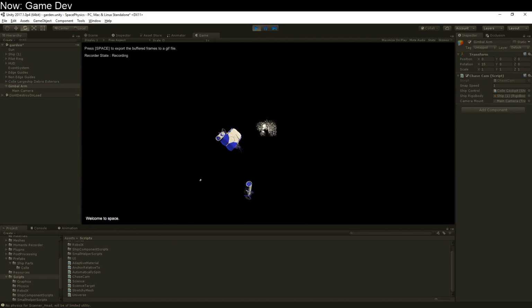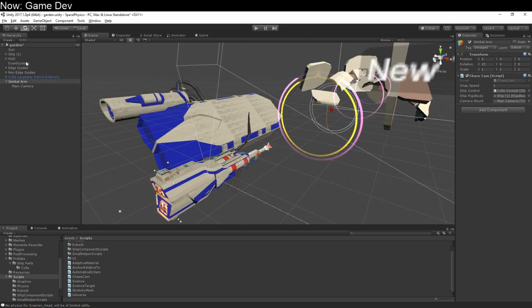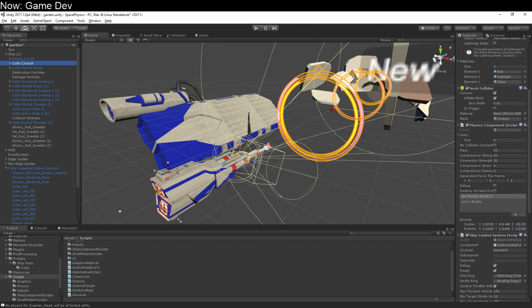Okay, so that works, sort of. There are a few things wrong, and I think that what's wrong is actually the ship systems here. Let's go grab the ship element that we need, which is right here. I think that we have a...